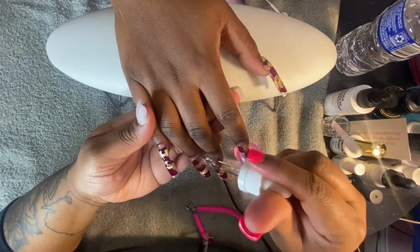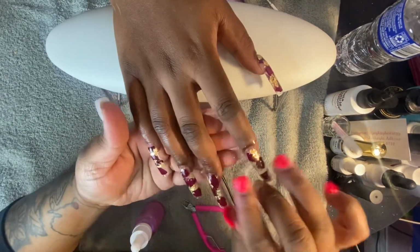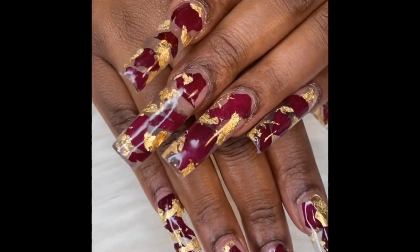Make sure I wipe off those sides so that I don't lose my shape. This cuticle oil came from the Nail Cakery. Smells delicious, like a cupcake. And so I'm just getting that all over the cuticle area. And this is the